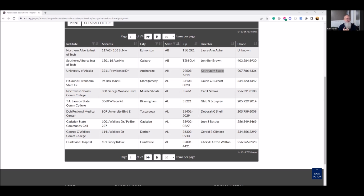So in summary, to be a RadTech, you have to apply to the X-ray program. You have to get accepted into the X-ray program. Then you have to successfully complete all the requirements to graduate the X-ray program. And all of that gets you the opportunity to take the ARRT's National Certification Exam, which you have to pass. Then once you pass that, that's still not it, because most states require a state license. You just got certified by the national board. Now you need to get a state license, which is,